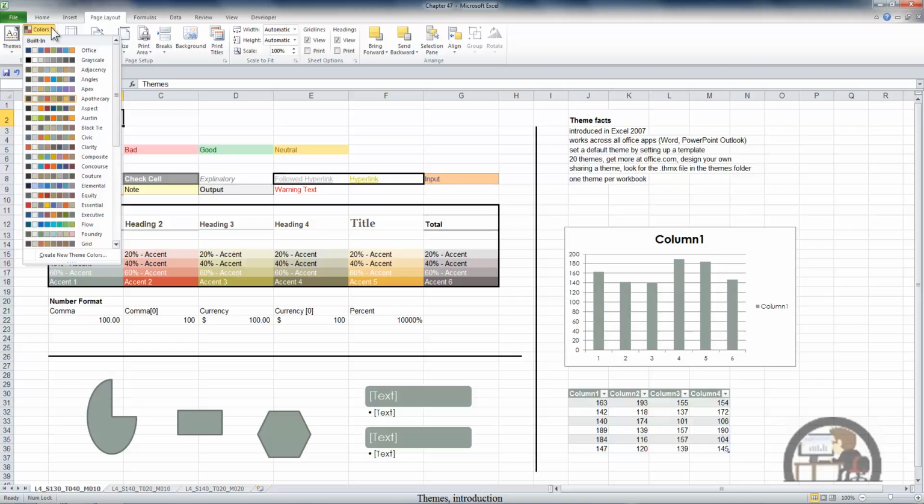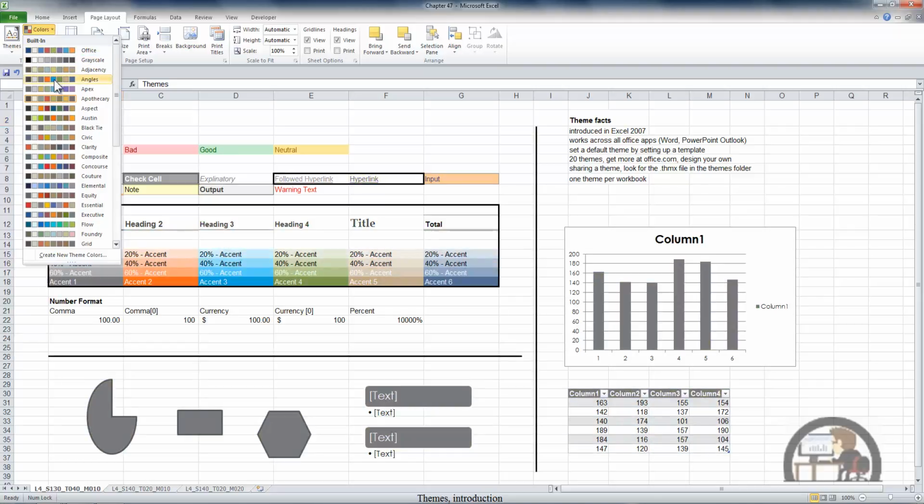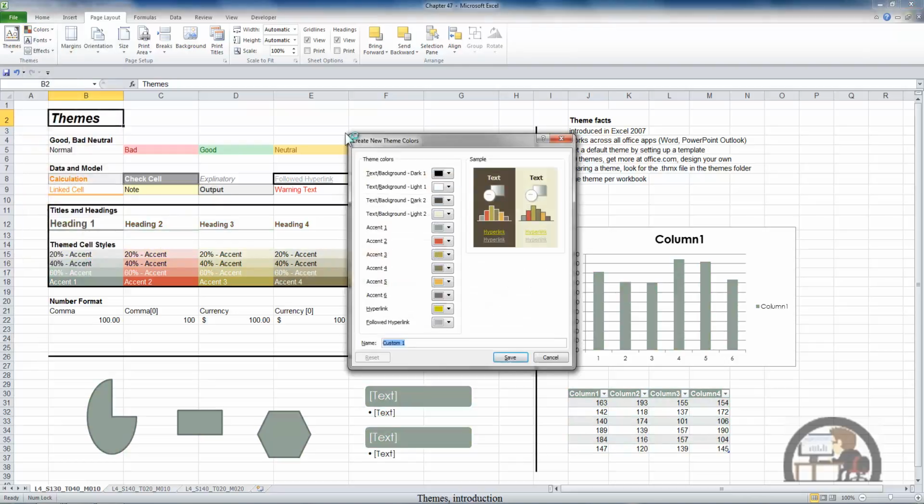We can hover over these color options, and we get a preview of what that's going to do to all of the components on our worksheet. So what do these color options affect? The best way to understand the effect of these theme colors is to look at the Create New Theme Colors